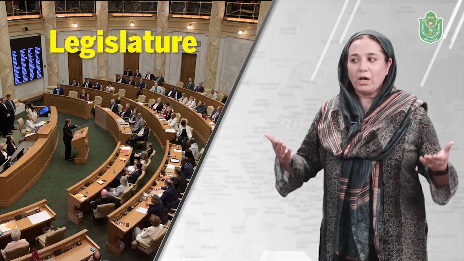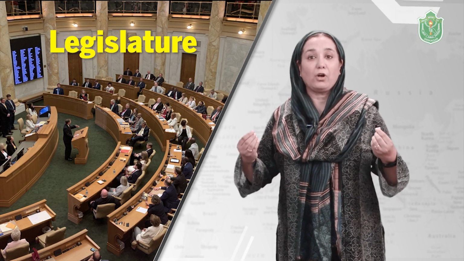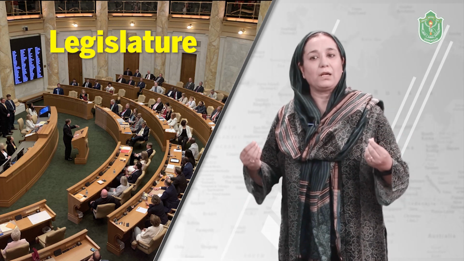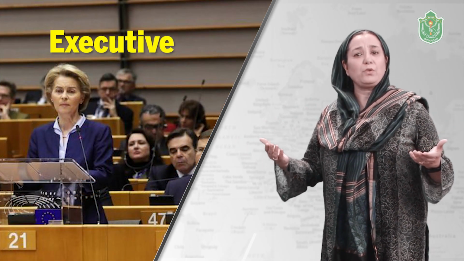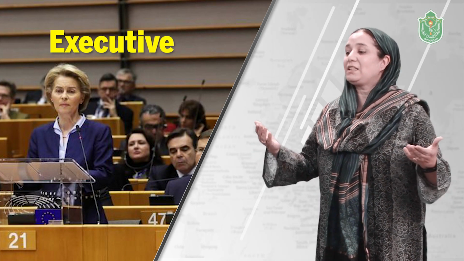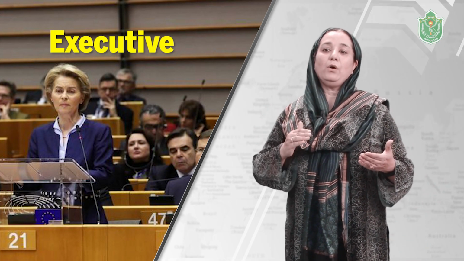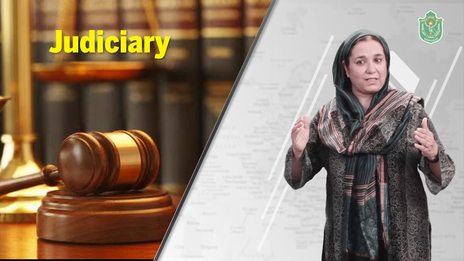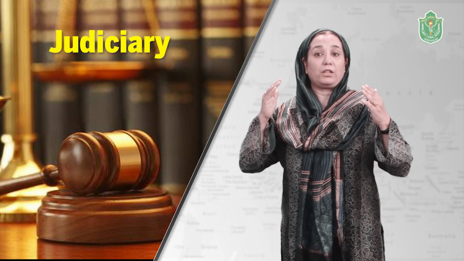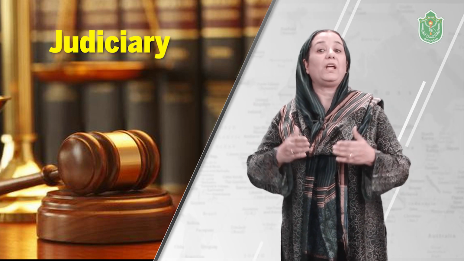Legislature, children, is an organized body having authority to make laws. That is, the job of legislature is to make laws. Now what is the job of executive? The executive is in fact one of the responsible branches of the government that put laws into effect. That is, it implements the laws. And now the last one, the judiciary. Judiciary is that branch of the government which, children, administers justice. Now children, if the judiciary of the country is strong, you will have peace, you will have harmony, you will have good governance.